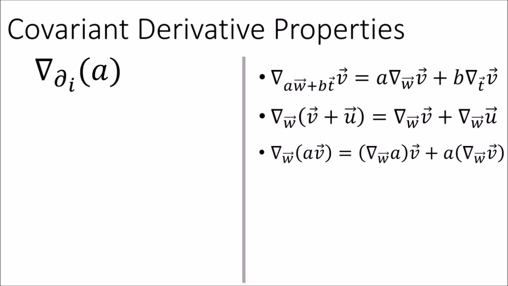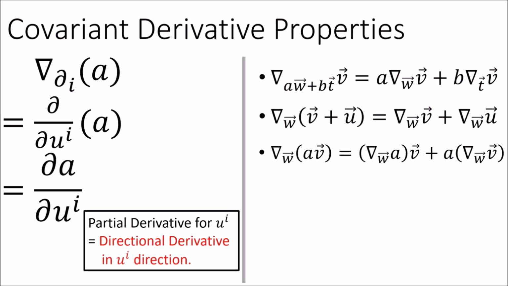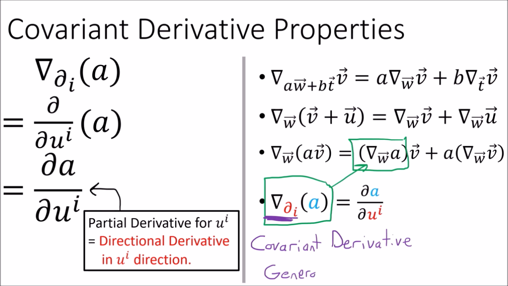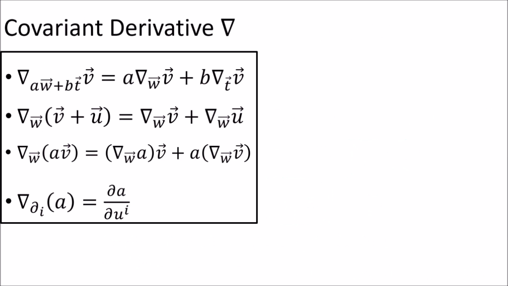Also, taking the covariant derivative of a scalar function is the same thing as taking the directional derivative of that scalar function. So this tells us how to compute the scalar derivative in the product rule here. And this is actually why we write the covariant derivative using the same notation as the directional derivative. The covariant derivative is basically like a generalization of the directional derivative for scalar fields that also works for vector fields. So we're going to take these four properties and start using them as a new definition for the abstract